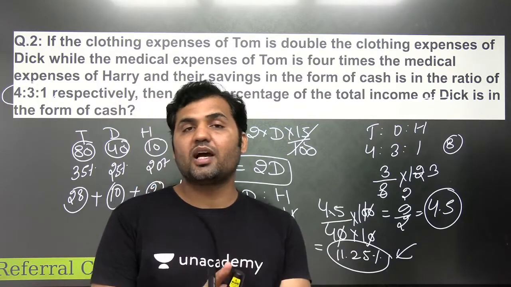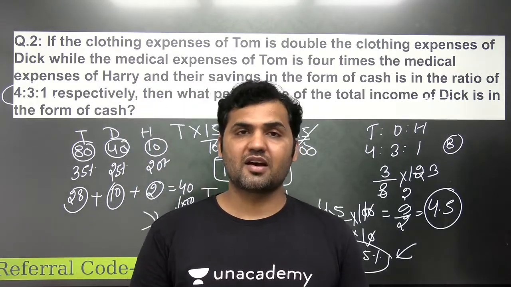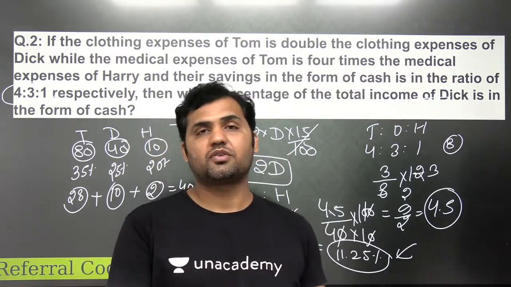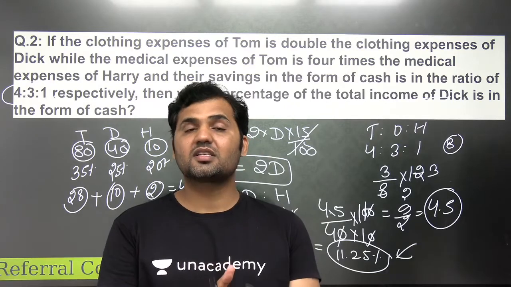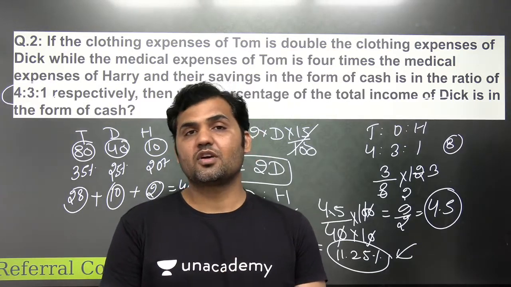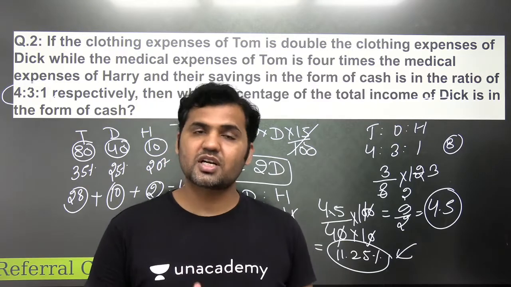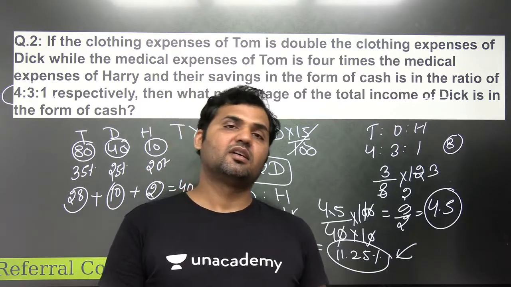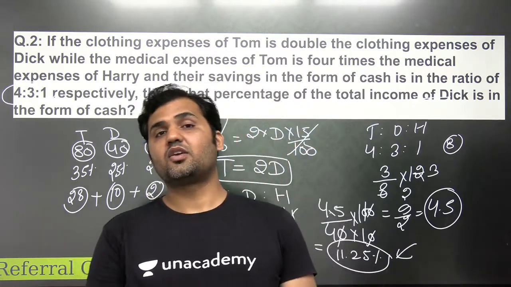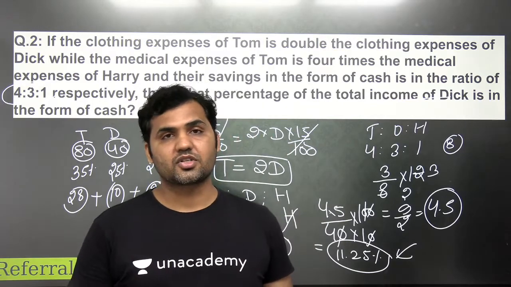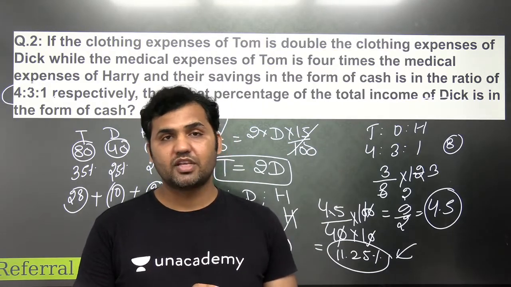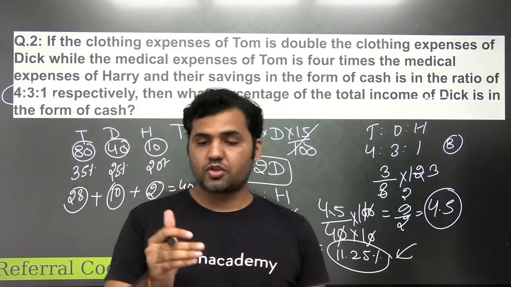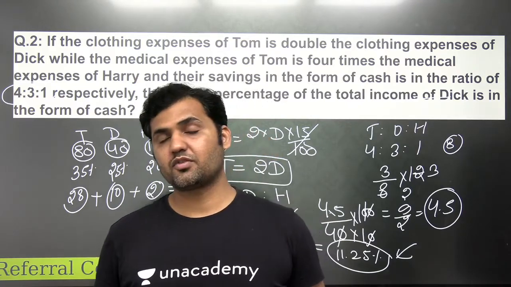So this is what you have to do when it comes to the multiple graph data interpretation sets. You should be able to know what information is supposed to be taken from which graph, right? How can you connect the information? This is the kind of structure that you should have in your mind before you start solving the question. Otherwise you end up making a lot of equations, and those equations will be unnecessary to solve the question, right? And you will end up wasting a lot of time on something which can be solved without making equations. You just make a small structure of it. You should be able to know which information is supposed to be taken from which graph when it comes to the multiple pie chart.